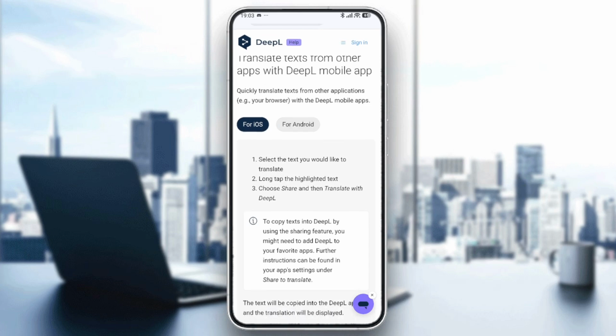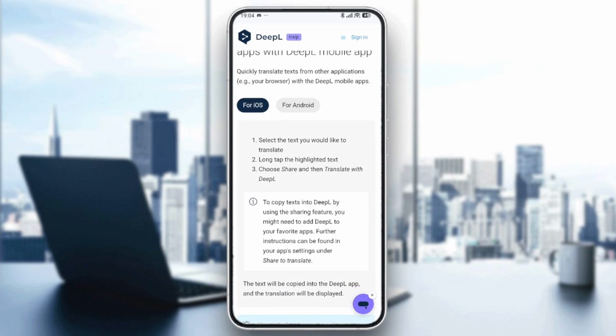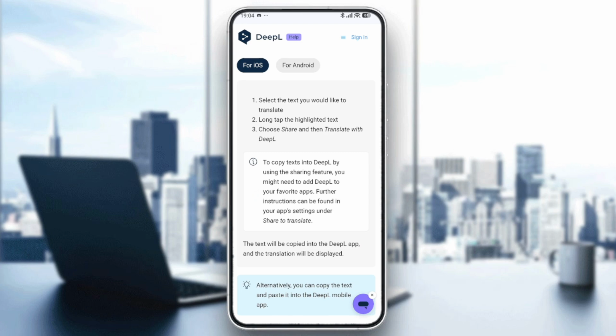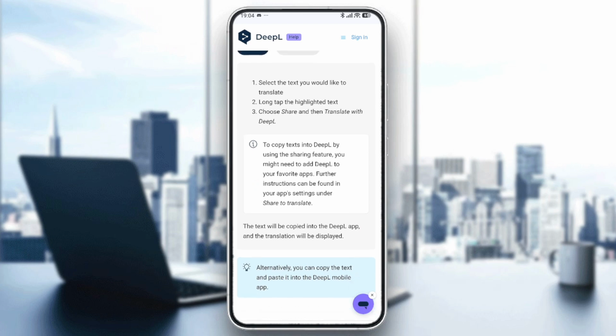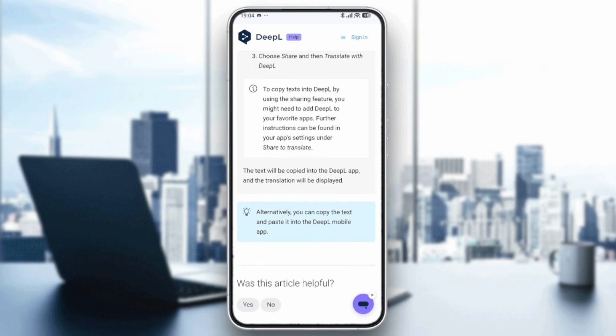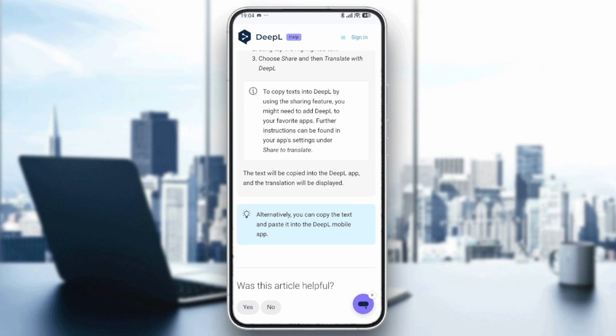Now let's go and start with the iOS version. To start with, you need to simply go and select the text you would like to translate. Then long tap the highlighted text, then choose share and then translate with DeepL. Of course, you can copy text into DeepL by using the share feature. You might need to add DeepL to your favorite apps. Further instructions can be found in your app settings under share to translate. The text will be copied into the DeepL app and the translation will be displayed automatically. Alternatively, you can copy the text and paste it into DeepL Mobile, as I'm going to show you in this